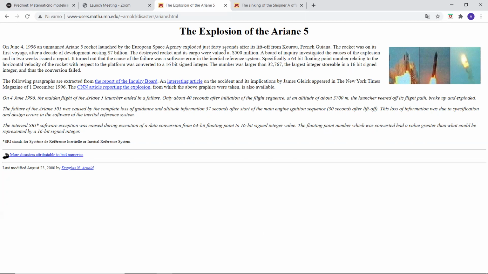It was in 1996. And this rocket exploded 40 seconds after launching. After the analysis, it turned out that the problems were numerical. So the problem was that the horizontal speed of this rocket exceeded